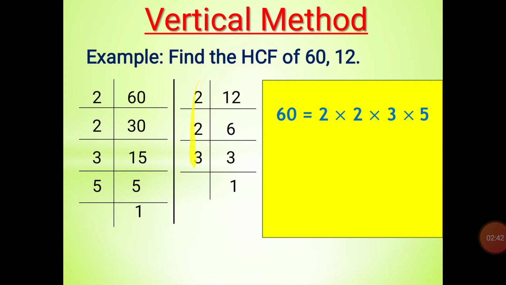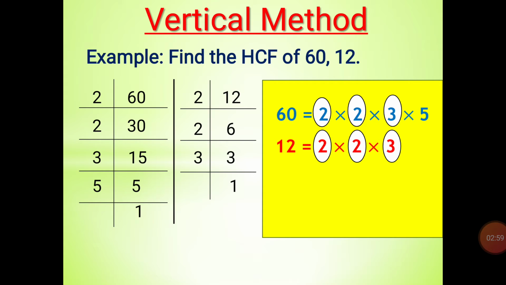And the numbers which we have taken here are nothing but the prime factors of 12. We will write it separately. Now, after writing factors of 60 and 12, the first part is over. Here, we will begin with the second step, that is finding the common factors. And we will write all common factors separately, and they are 2, 2 and 3.